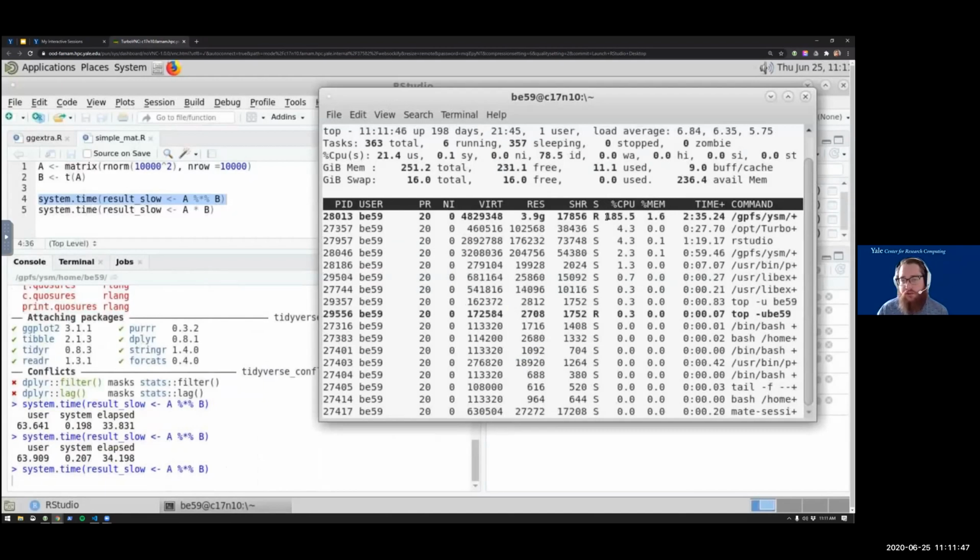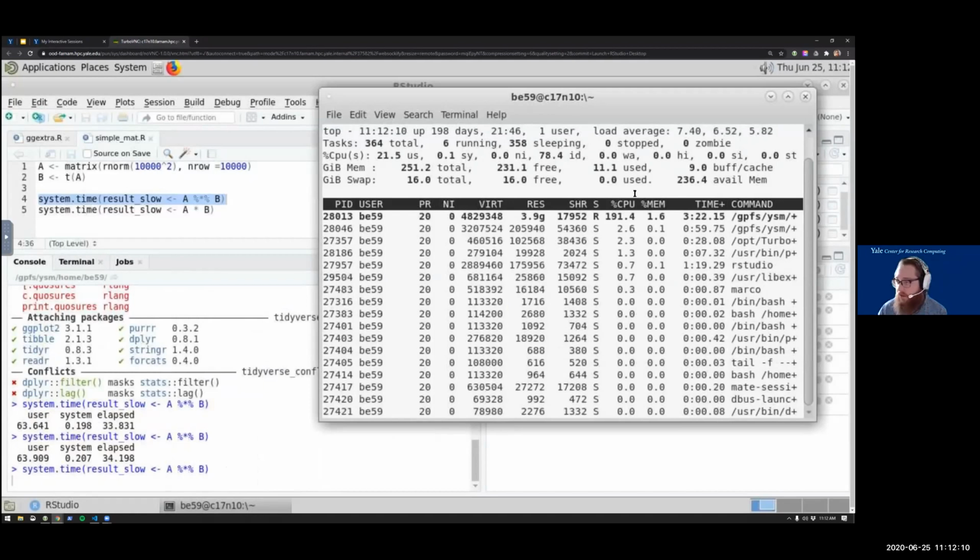So we should see this %CPU pop up. Recall I asked for 2 CPUs, and because of the way that we've configured R, it's using both of the CPUs allocated to this job for that matrix multiply. And that's why the amount of CPU time I spent is roughly double the elapsed time.